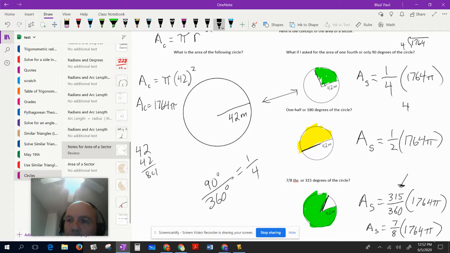If 4 goes into 1764, that's 441 pi. So the area of this sector of 1/4 is 441 pi. The area of half of the circle, or of that sector, is 882 pi. Okay, 7/8 times 1764 equals,